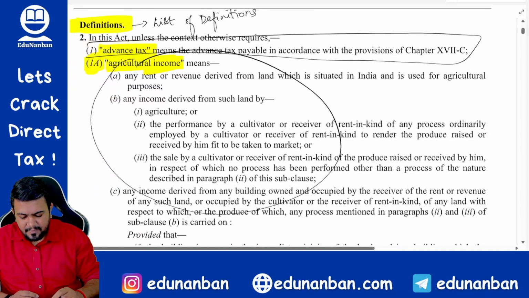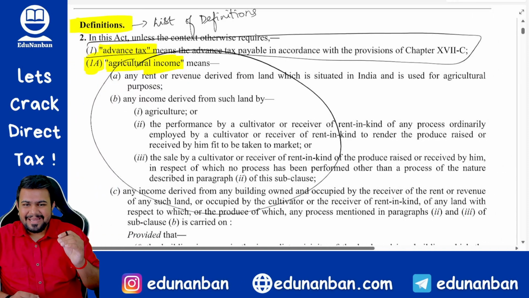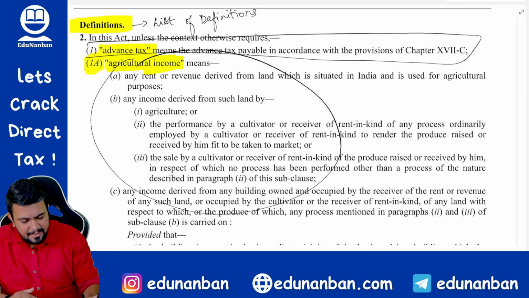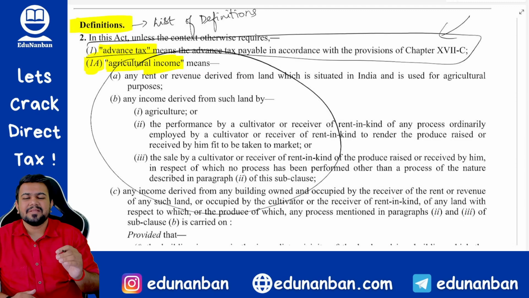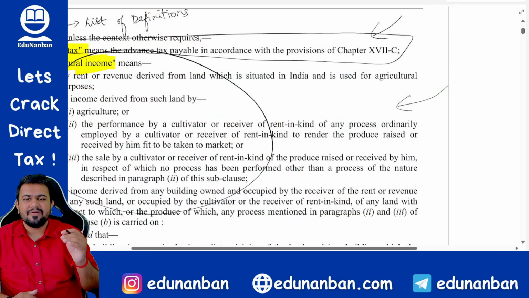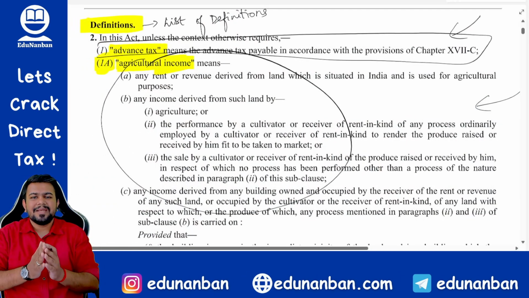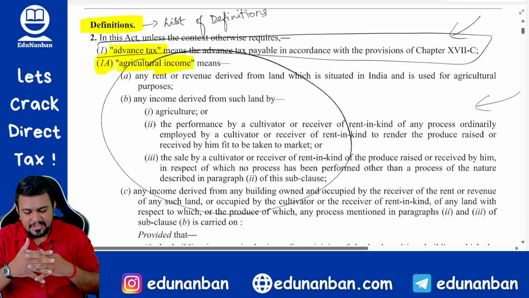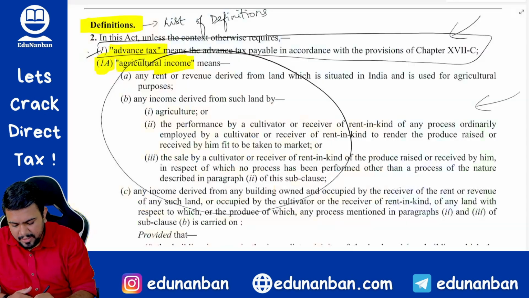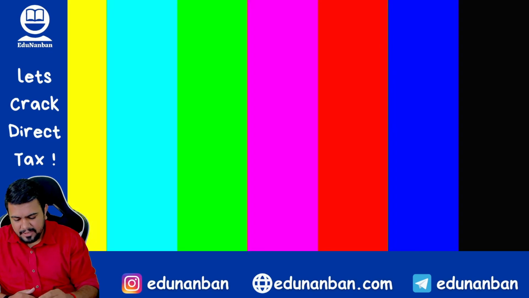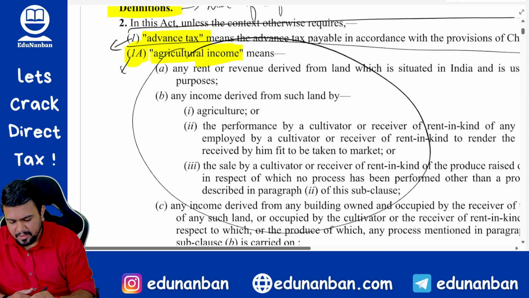Okay. So, is there any link between advance tax and agricultural income? Answer is no. Here in the first subpart it is giving the meaning of advance tax. In the second subpart it is giving the meaning of agricultural income. You should read both of them separately. There is no link or interconnection between each other, and hence you cannot call this a subsection. What you should call it? You should call it a clause.